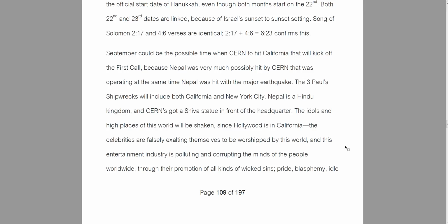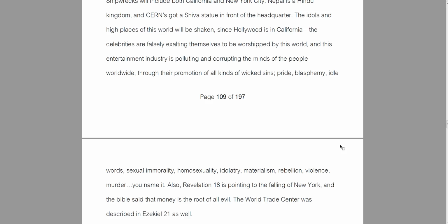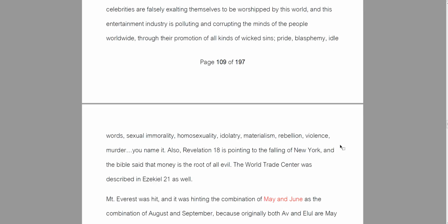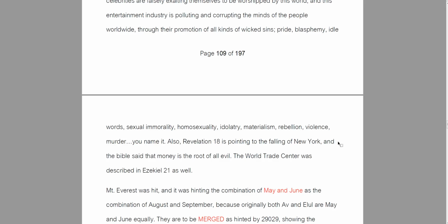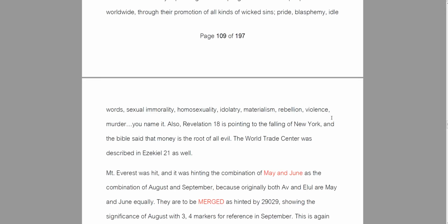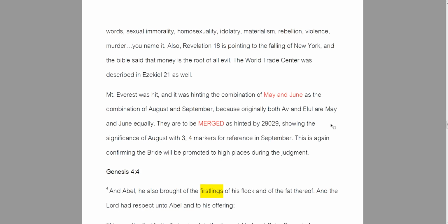For example, Hollywood in California, and just all kinds of scenes that have been promoted, and even in Revelation 18 was referred the falling of New York City, and the World Trade Center is described in Ezekiel 21, and the Bible said that money is the root of all evil, and so